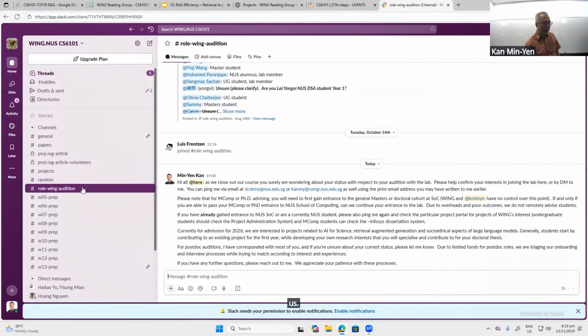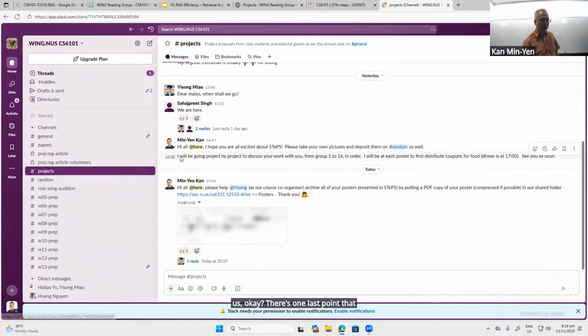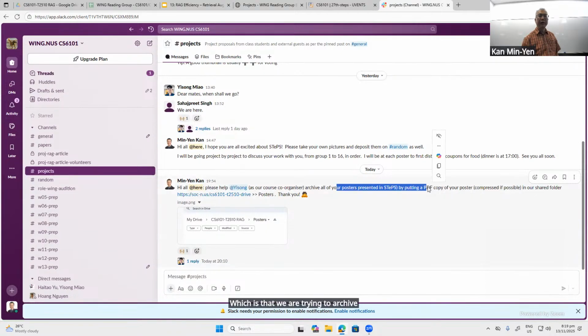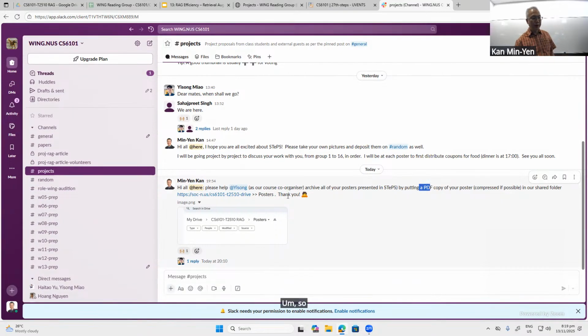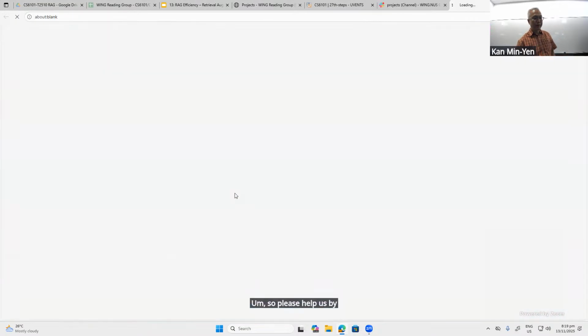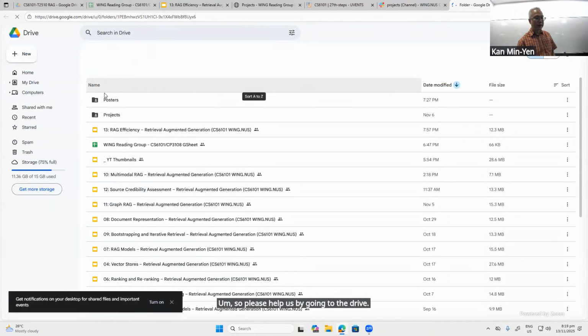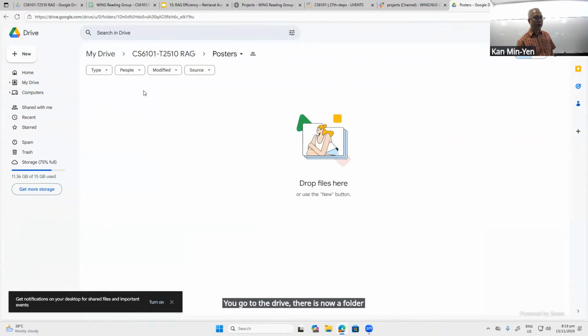There's one last point that I wrote on projects, which is that we are trying to archive your posters presented yesterday night. So your PDF can live forever, even though your posters will be biodegradable. Please help us by going to the drive. There is now a folder there to collect posters.